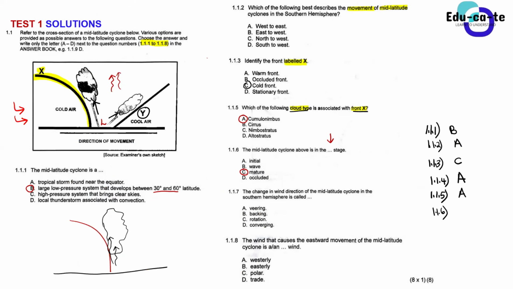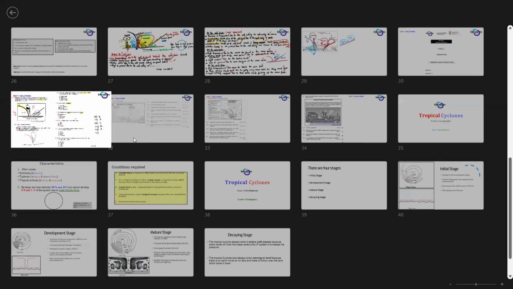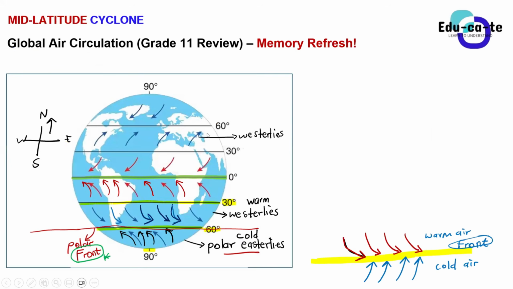Okay, the low pressure system moves northwards. It's not really something that you depict using a diagram per se, because when I explained it from this perspective, having this global shape, we say that the mid-latitude cyclone forms exactly at the polar front. Do you remember that, Mukobe? Yes, sir. We say that it forms exactly along the polar front, along this 60 degrees line of latitude.